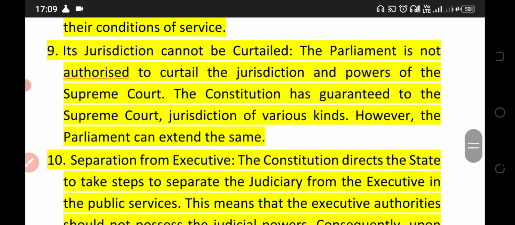Its jurisdiction cannot be curtailed. Parliament is not authorized to curtail the jurisdiction and the powers of the Supreme Court. The Constitution has guaranteed to the Supreme Court jurisdiction of various kinds. However, the Parliament can extend